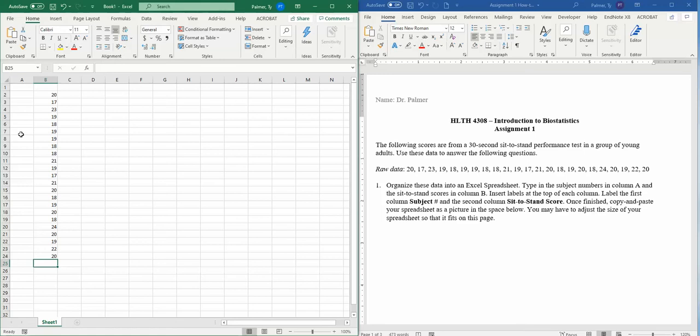And just like it says in the PowerPoint, for each data point, there's a subject. Each subject has a data point. Each subject has a sit-to-stand score in this case. And so to reflect that, we're going to put a different subject number into each cell corresponding to their sit-to-stand score. So we can start by inputting subject number 1, 2, 3,